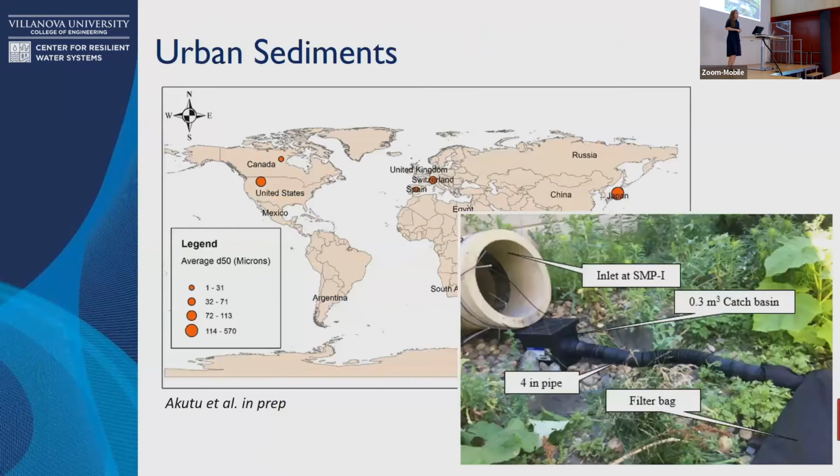And then we started mining all of the literature that we could find to try to get sediment loads around the world. And so we've built on it a little bit more since this, but we started putting together different physiographic regions across the world, as well as different types of land cover and different stormwater managements, and breaking this down in as many ways as possible to see if we could see any trends. Also snow management, right? Some places use dirt for snow management, other places use different things.